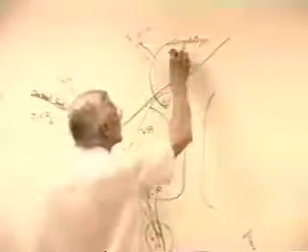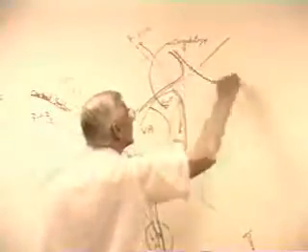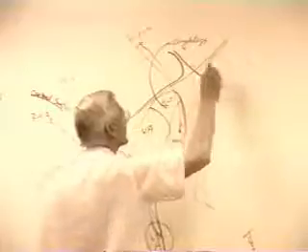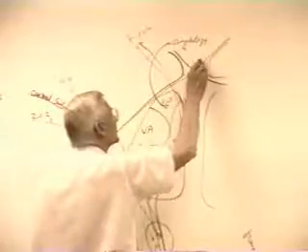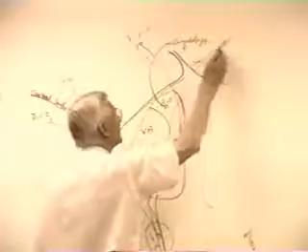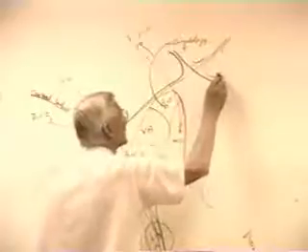So we have the chiasm, crossing fibers, lateral fibers, the optic nerve and tract,